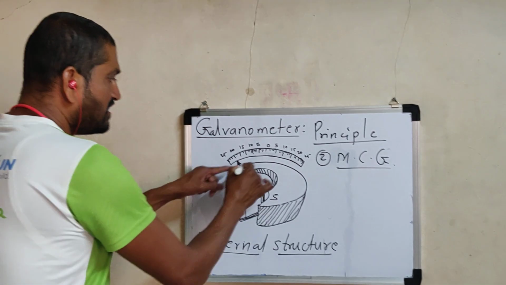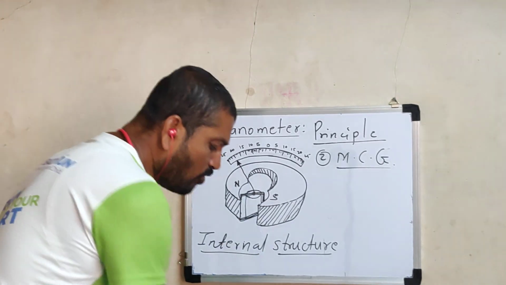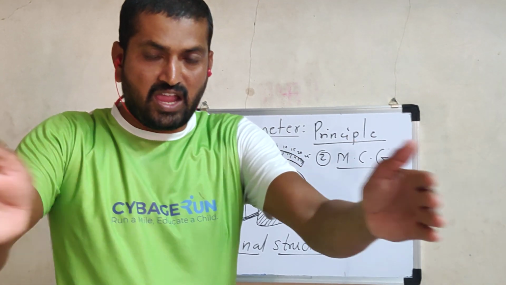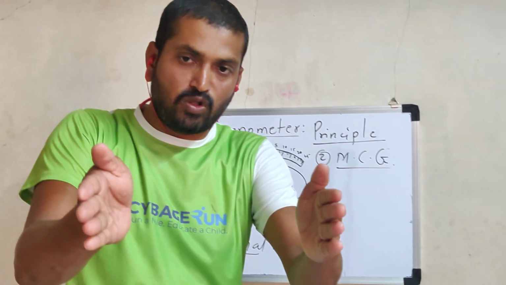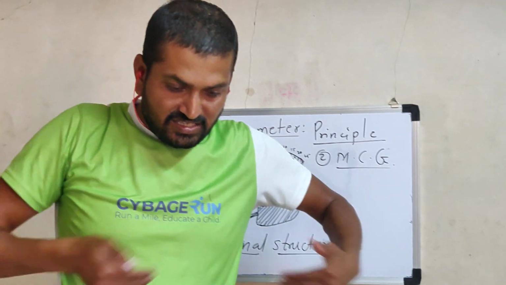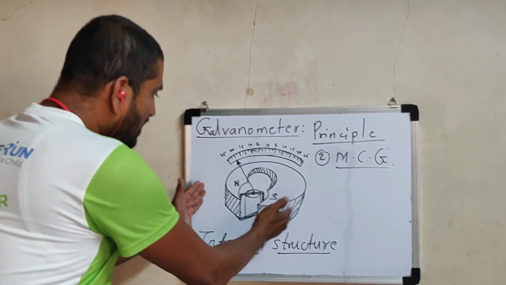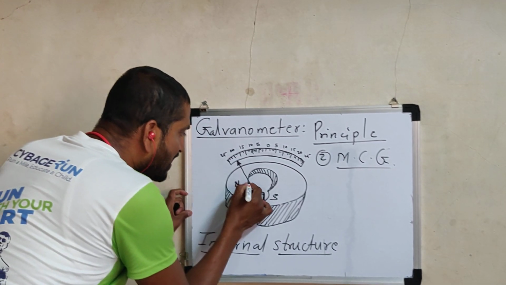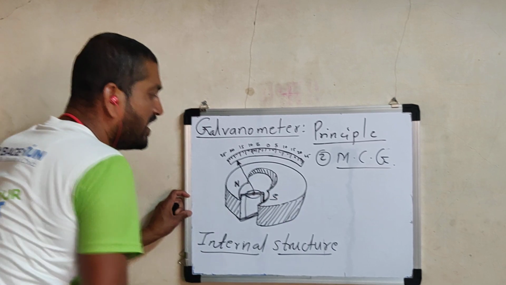See here, this is a U-shaped magnet. These are the two pole pieces, N pole and S pole. This is a horseshoe magnet, and at these two end faces, these two pole pieces, S pole and N pole, are not plane. These are made cylindrically concave like this. See here, this is the horseshoe or U shape, and when these two poles come close, they are not plane. These are made cylindrically concave. See here, these are the two curve-shaped poles, N pole and S pole.